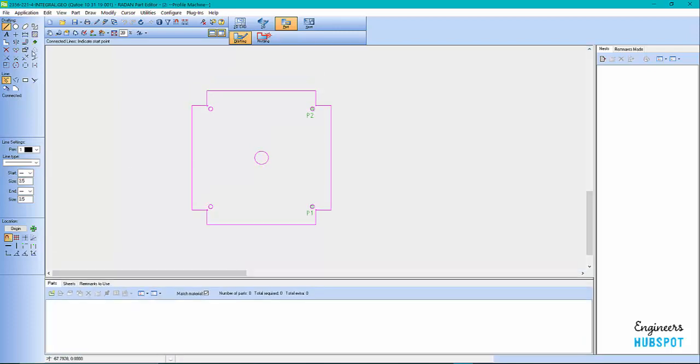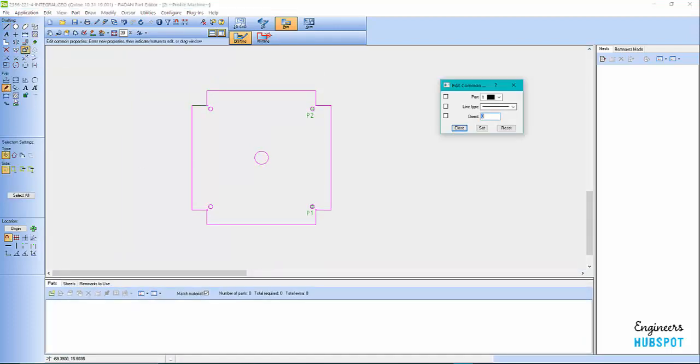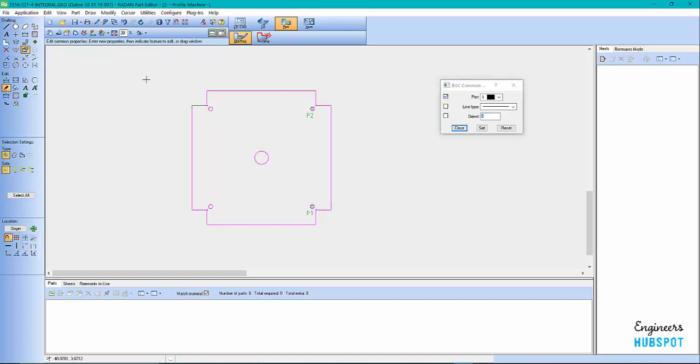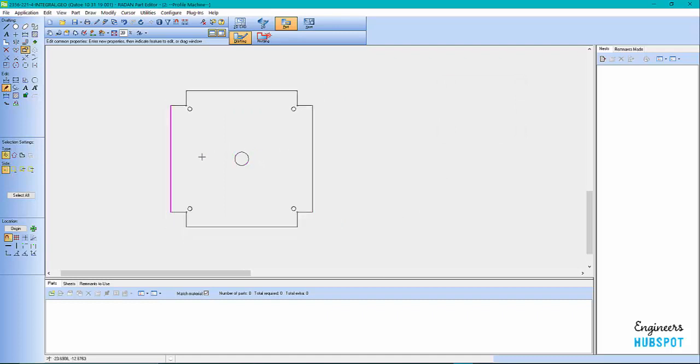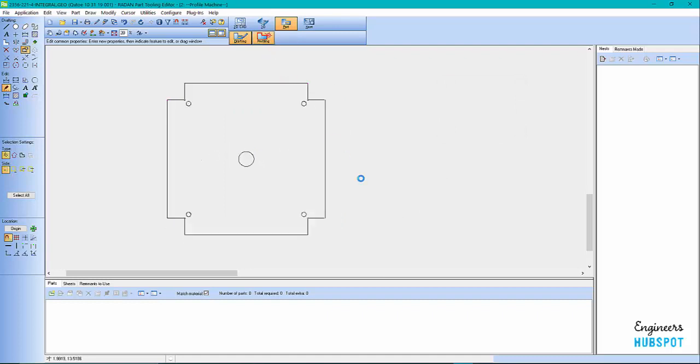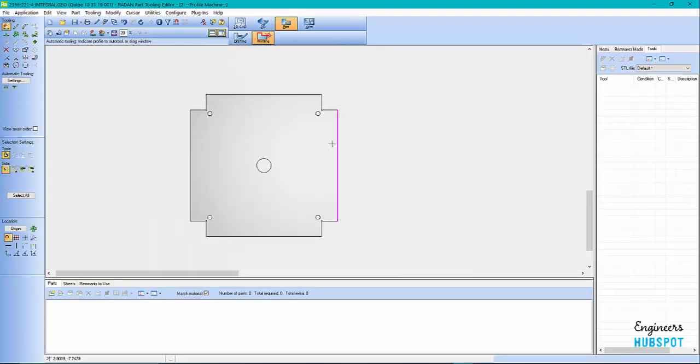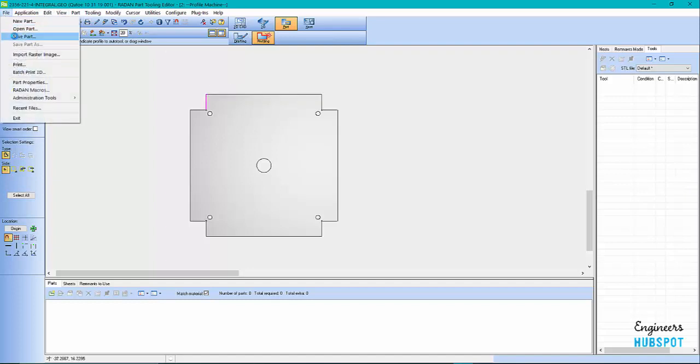I always like to come in here and edit my properties because I like my pen color to be that, and now I'm good to go. Right, so if I was to go and add tooling to this guy, I'm all set, ready to go. So that's a GEO convert from Trumpf GEO files to importing, and I'll just save this part